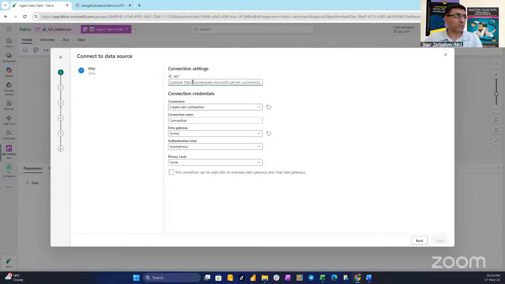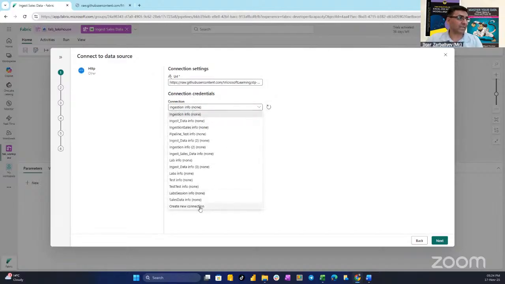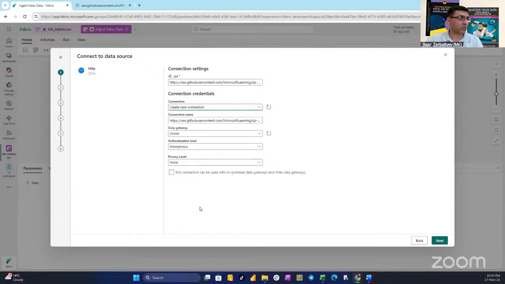For the URL part, I'm going to paste this URL that will help me get my data from that link. And for connection credentials, here I'm going to say create a new